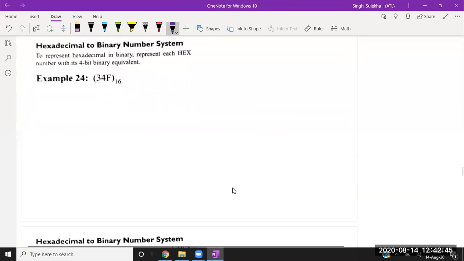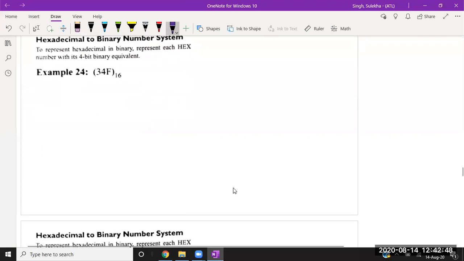Okay, so now we are going to our next section, which is hexadecimal to binary number system. Convert this hexadecimal to binary number system. I told you if you are dealing with hexadecimal, you need to convert in the 4-bit system. Because you can't represent all the hexadecimal numbers with a full combination of 3 bits. Only with the full combination of 4 bits can all the hexadecimal numbers be represented. That's why you need to take care of this. Whenever you are dealing with octal, deal with 3 bit. Whenever you are dealing with hexadecimal, deal with 4 bit.